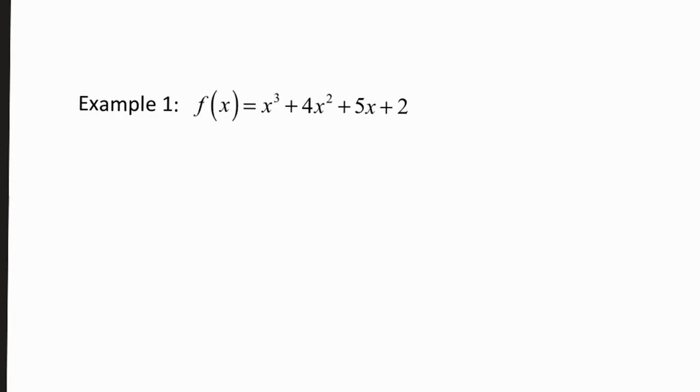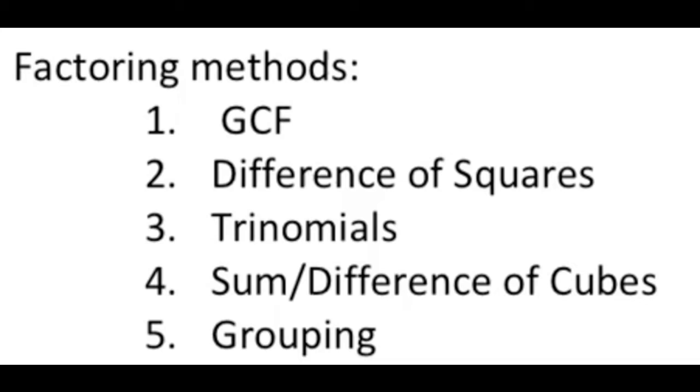Using synthetic division to find factors. All right, so here's the function that I've given you, and I would like to be able to write it out as 3 separate factors, okay? The problem is none of the methods that I showed you just up above